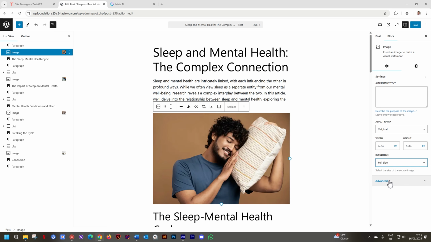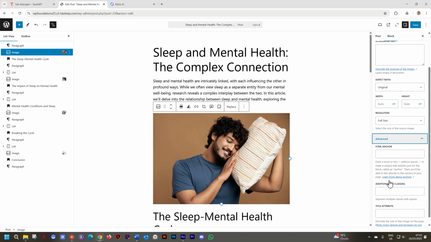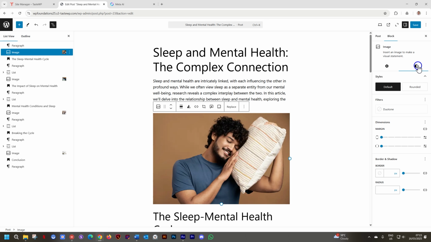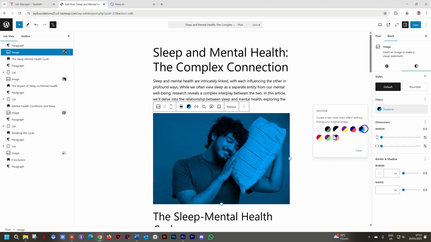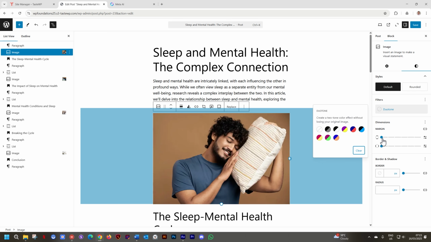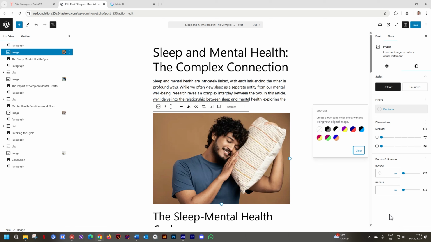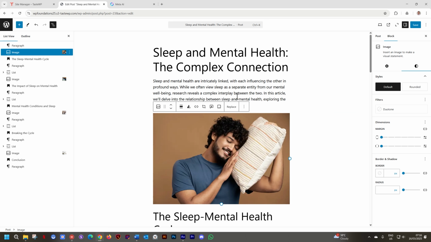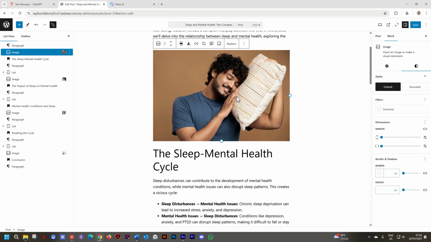One option here that appears for every block is the advanced, and you're not going to use this. Just note there's another tab here next to the settings, and that is styles. So again, you have filters that you can apply here. Let's clear it. And you have dimensions like margins and borders, something that we will tackle later on. So remember, every block, the settings appear over here in the right, and you have options here to change that and make it a little bit unique for your site.